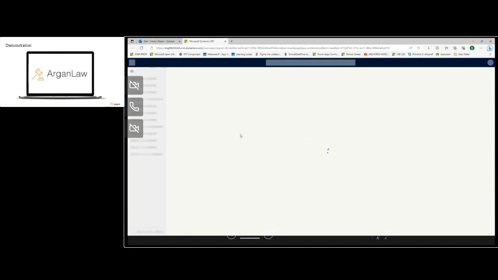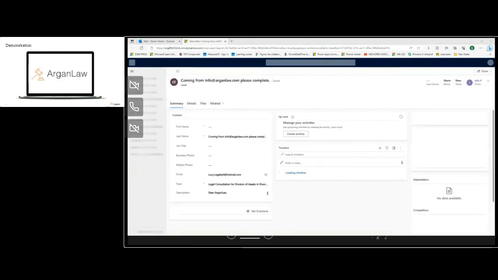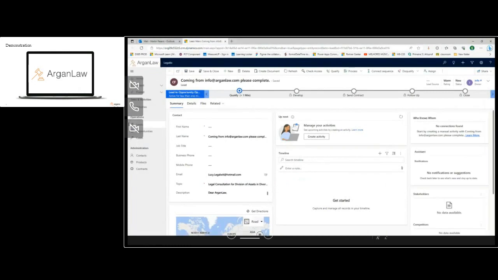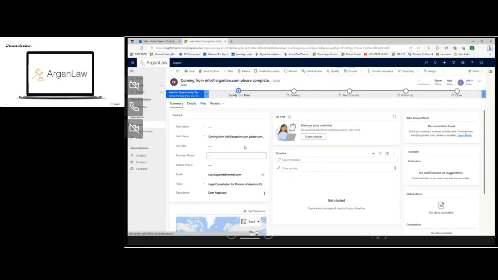So here I just click on the link, and then it brings up the whole application. That takes some time to load. And there we go, it brings us directly into the lead. So I didn't have to do anything at all. The system just created the lead by itself.